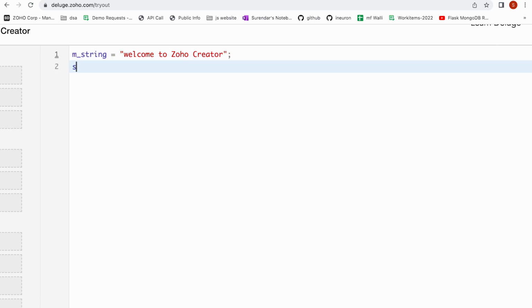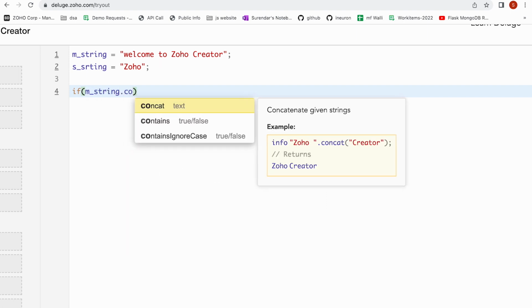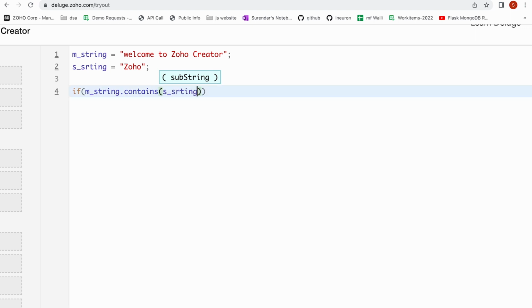Okay, and we will say substring equal to Zoho. Now I want to check if the main string is available in the substring or not, and if the main string has the substring, then we'll be taking them through an extra set of code. So I'll say if mString dot contains substring,